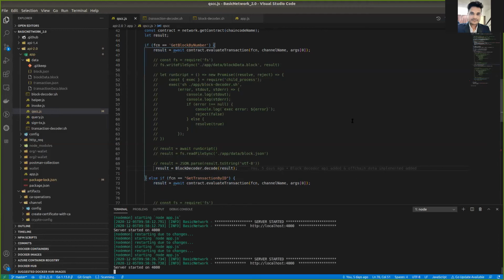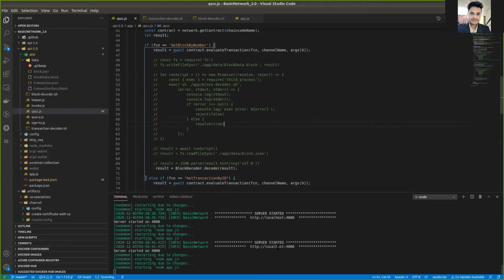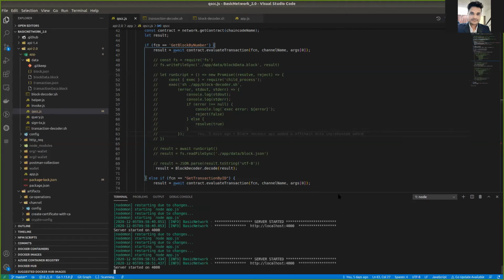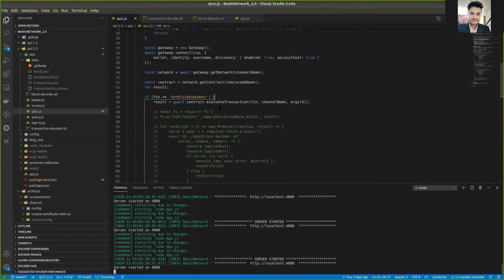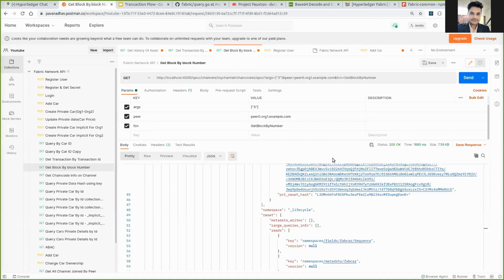So I'm just restarting my server. I'm using Nodemon, so whenever I save this file, you can see at the bottom the server is restarted automatically. Now we will do the same thing. I'm invoking the same function, but this time we will get a JSON response using blockDecoder.decode.